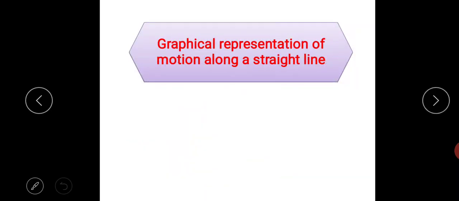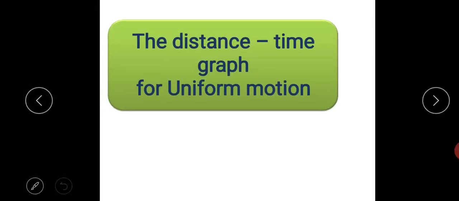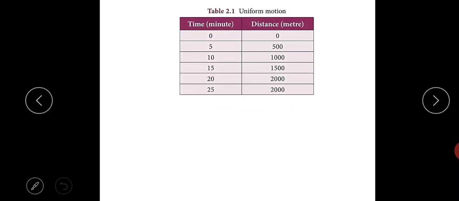Next we are moving on to graphical representation of motion along a straight line. This will help us to understand certain things about time and position. First, we are going to see the distance-time graph for uniform motion. Here the time and distance are given. For every 5 minutes the distance covered is given. In the first 5 minutes the distance covered is 500, and in 10 minutes the distance covered is 1000, followed by